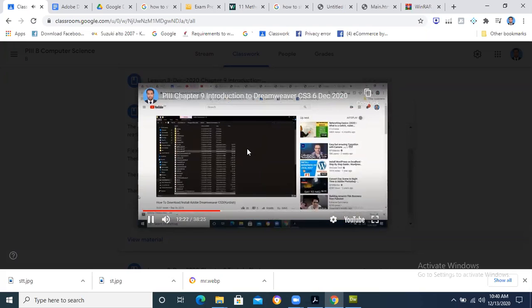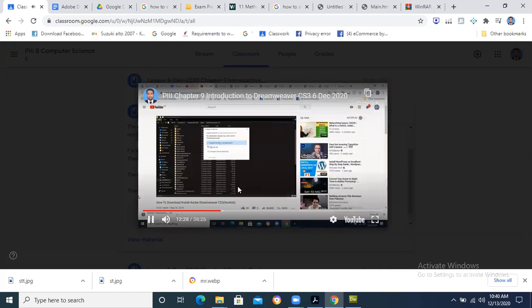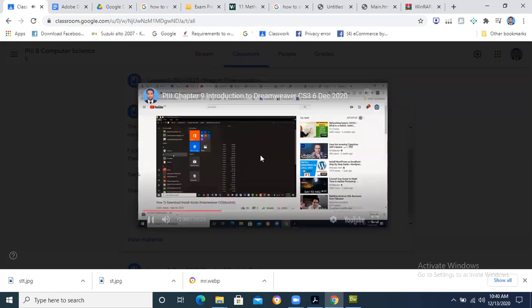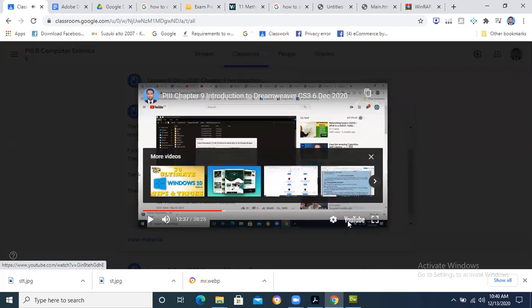How we are going to paste the crack file, all the things are given over here, and you will see how we crack it at the end. Okay, fine. In the next class, I am going to ask whether you have installed Adobe Dreamweaver in your computers. All the students should have Adobe Dreamweaver in their